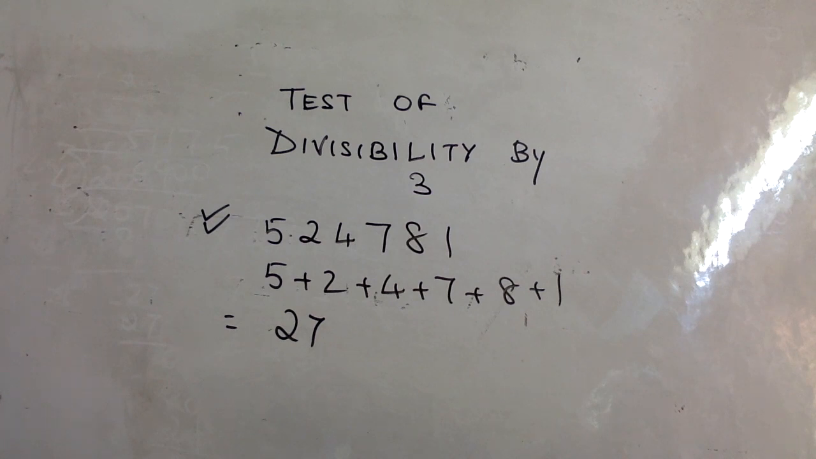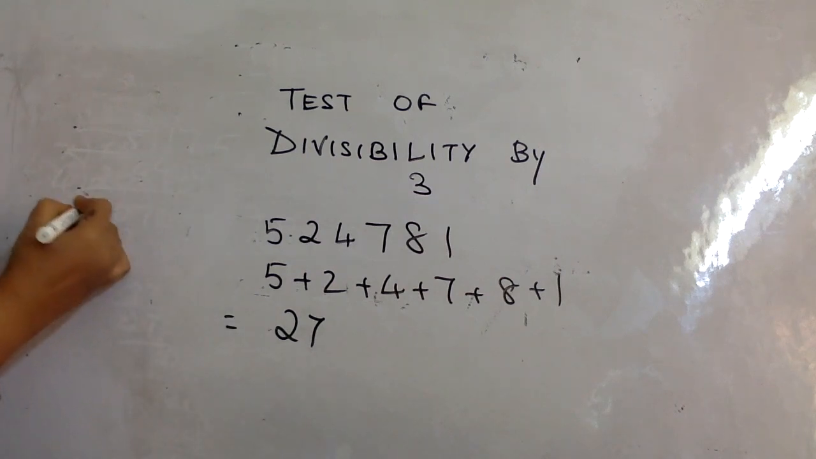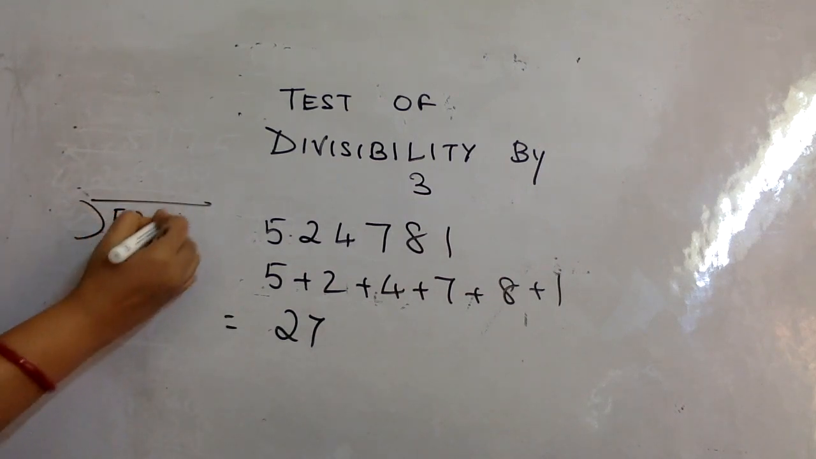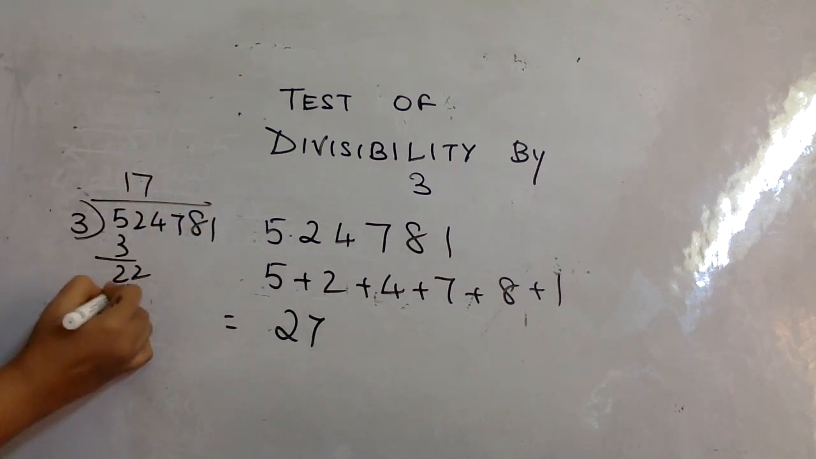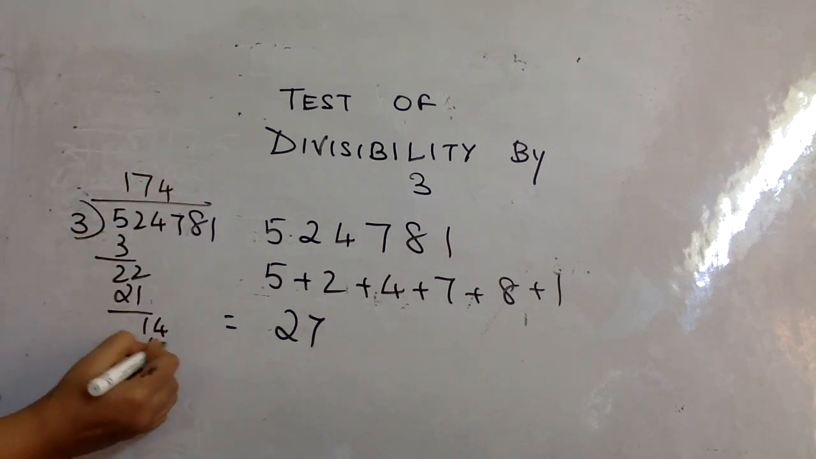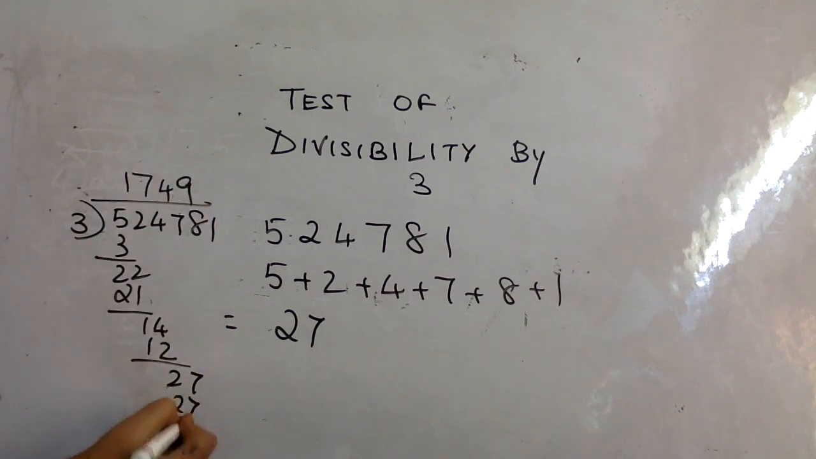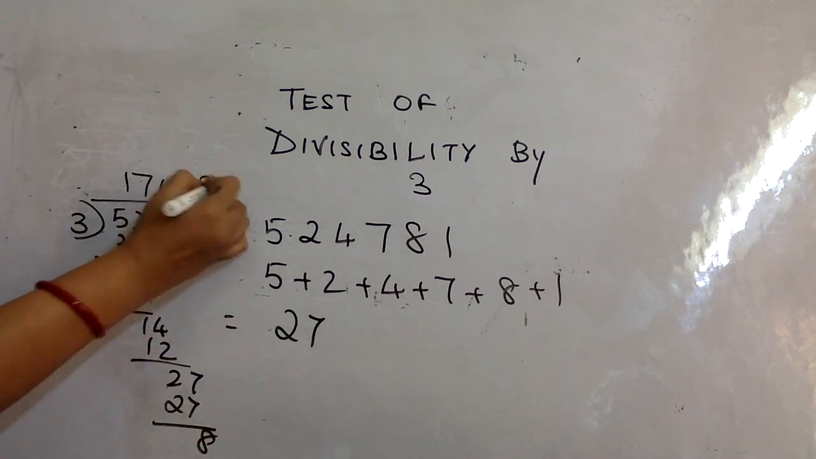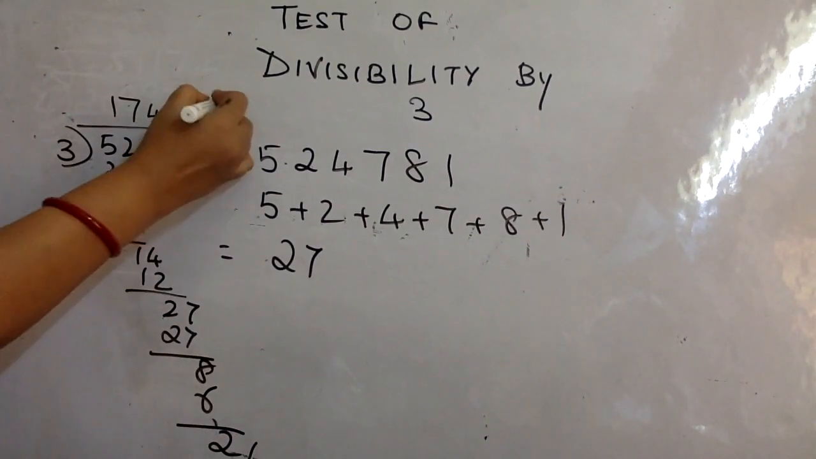You can check it by doing the division. Shall we check? Okay, let's check only. Okay, so 5, 2, 4, 7, 8, 1, 3. 3, 1 is 3, 22, 7, 21, 1, 14, 4, 12, then 2, 7, 9, 27, and then 27. Then take the 8 down, 2s are 6, okay, it's a 6, and then take the 2, 1, 7,